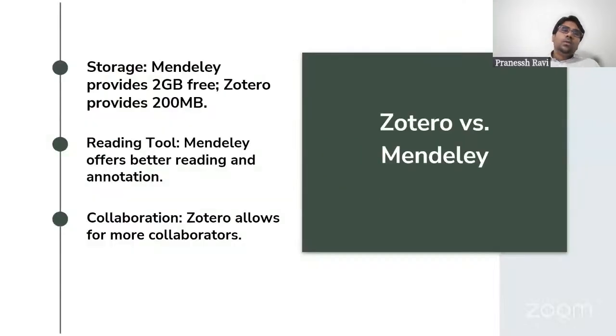Coming to the primary differentiating factor between Zotero and Mendeley, Mendeley provides you a lot of space. So you can attach a lot of PDFs and other information, but Zotero is limited to 200. And these are all cloud saved, so you need not worry about your references being lost. And overall, for a reading experience, if you're going to read through your reference manager, then Mendeley is much better. The PDF reader is much better compared to Zotero, and it allows collaboration.